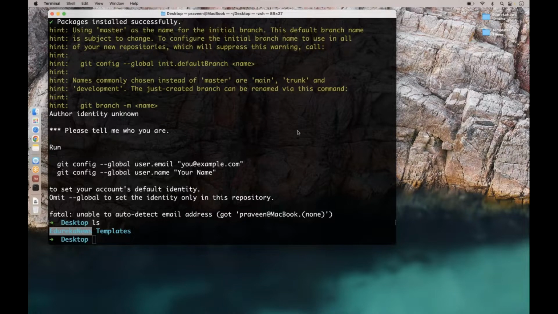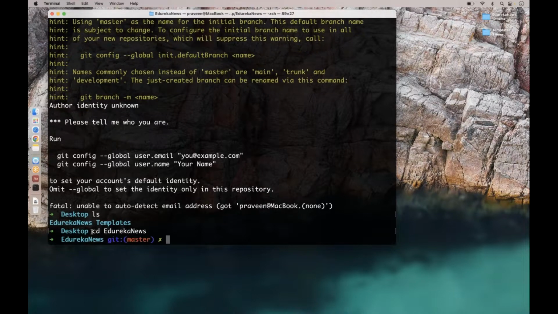So I have to navigate inside this folder. I will run the command cd Edureka News. Once you run this command, you will be in the project folder, and now you can start this project or start making changes to it. So the first step for us would be